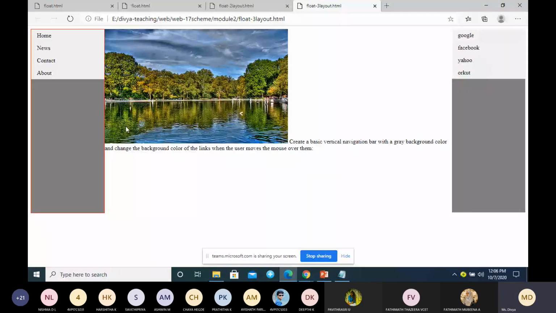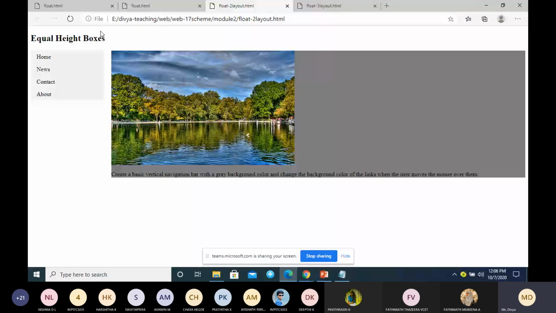We can see here how many columns we have in this. This is a simple example. Here there are 2 columns, right? One column is for selecting the menu, another one is for displaying the content. Here I have displayed an image and a paragraph. So this is a 2 column layout.